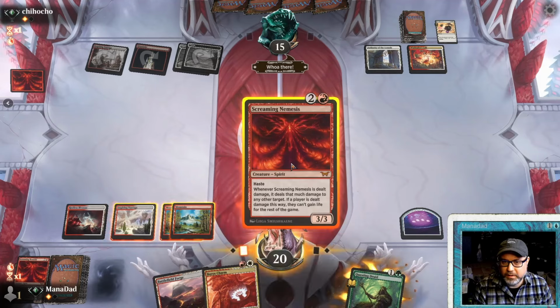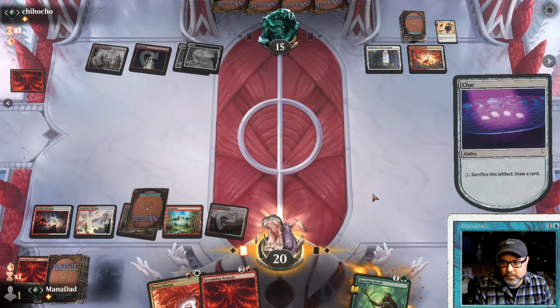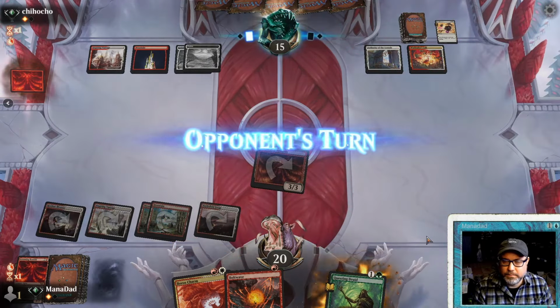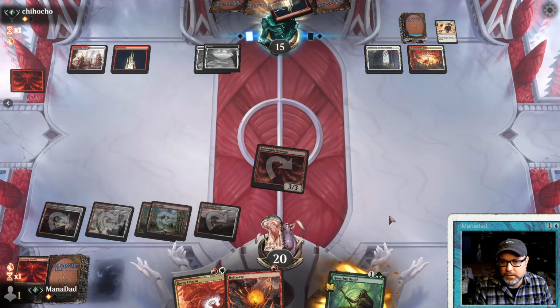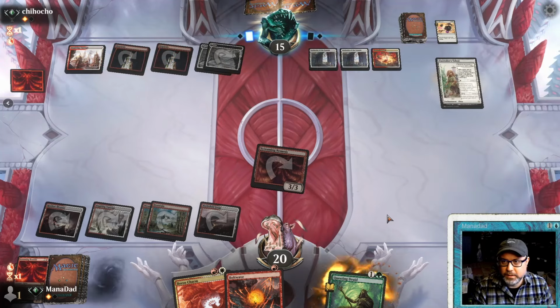I said, whoa there. Crack this. Boltwave. You don't gain that life. You ain't gaining that life. Yeah, you can play another one. All the good it does. Caretaker's Talent. They have no...